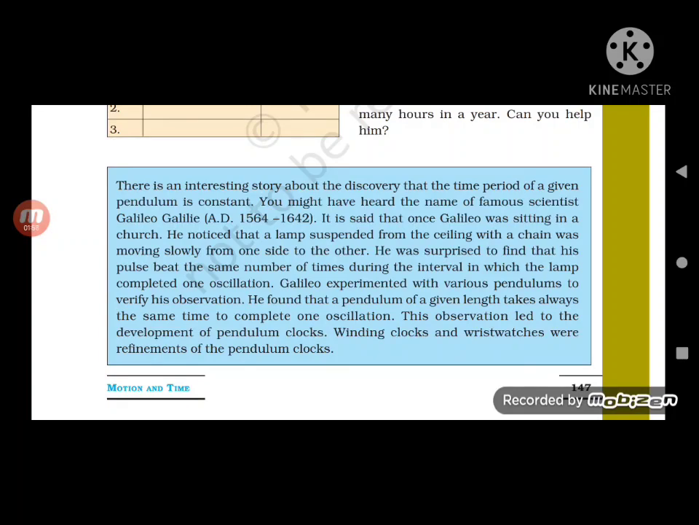उसको चेन से सस्पेंड किया हुआ था और वो क्या कर रहा था? स्लोली एक साइड से दूसरी साइड मूव कर रहा था। तो उसने क्या किया कि एक पर्टिकुलर टाइम इंटरवल में जो पल्सेस बीट कर रहे थे एक ही सेम नंबर के। तो उसने ये सारे एक्सपेरिमेंट दूसरी चीज़ों पे किए और नोटिस किया कि एक इतने टाइम पीरियड में कितने ऑस्किलेशंस कंप्लीट हो रहे हैं। तो he found that the pendulum of given length